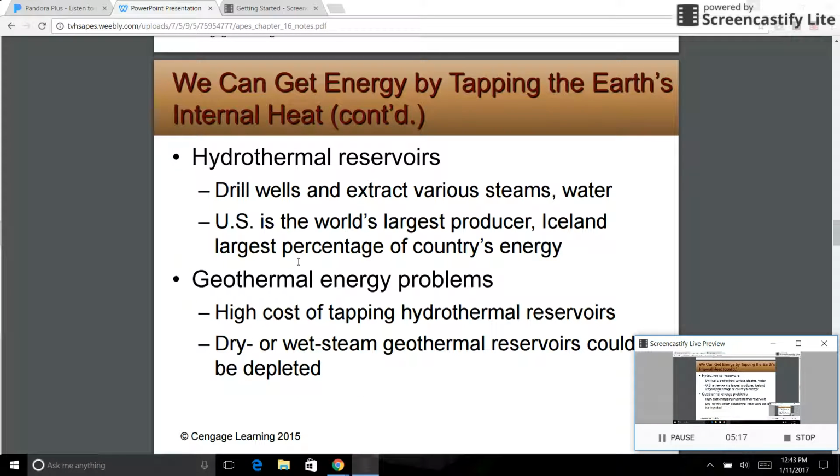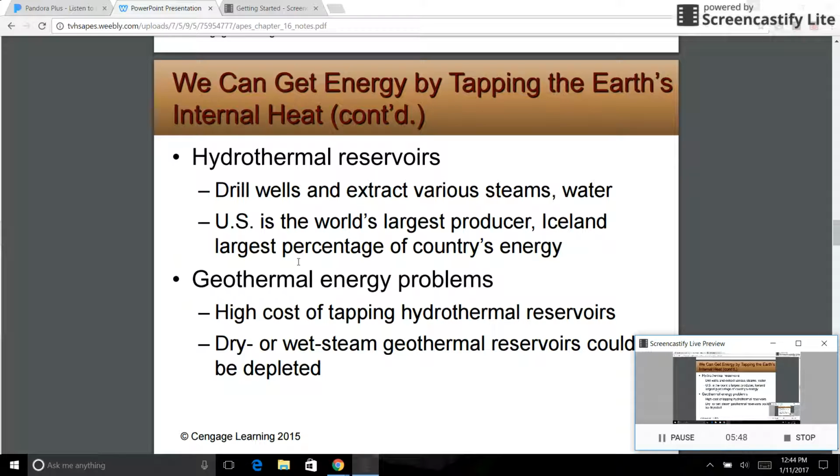So hydrothermal reservoirs, that's kind of what you're looking for when you're looking for sites to mine, so to speak, for geothermal energy. You drill wells, you extract various steams, water. The U.S. is actually the largest producer, but Iceland, like I said, has the largest percentage of the country's energy that comes from geothermal. Some of the big problems with geothermal energy is the high cost of actually the infrastructure